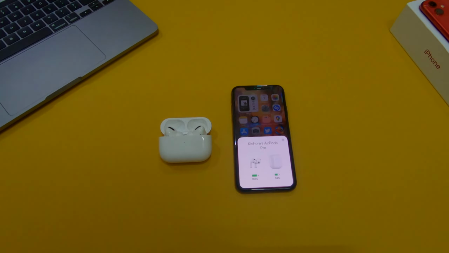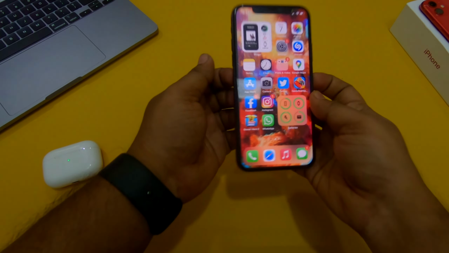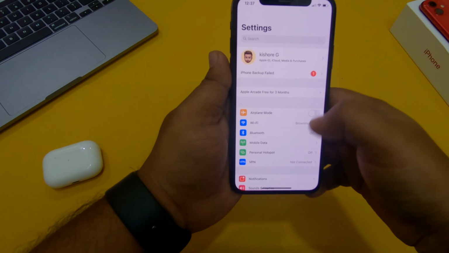Those who own AirPods Pro know that your AirPods can announce messages for you, but you can also customize it a little bit further. In order to do that, all you have to do is go to your settings and then search for Siri and search. Then click on announce messages and then click on messages. So from here it will be default to everyone, but you can select it to your favorites or just contacts.